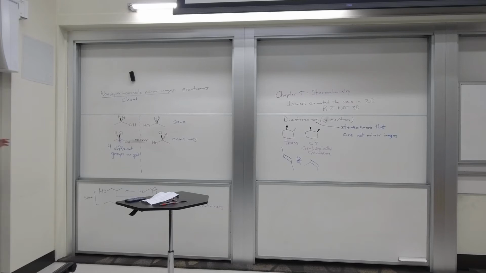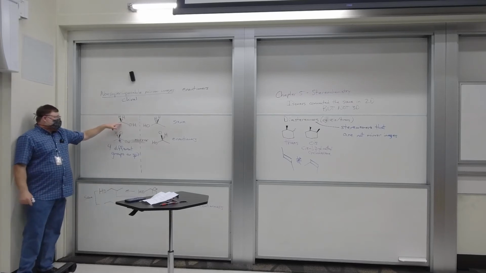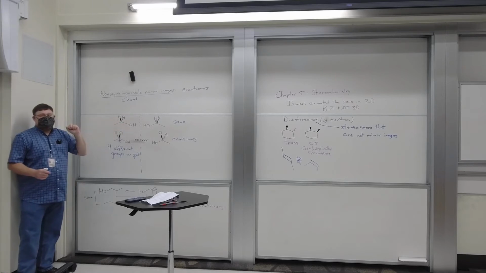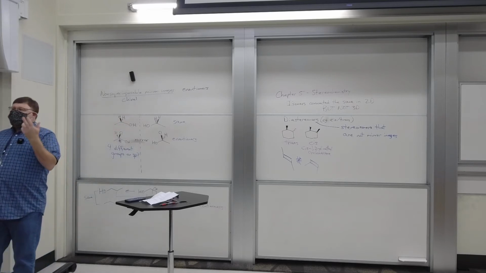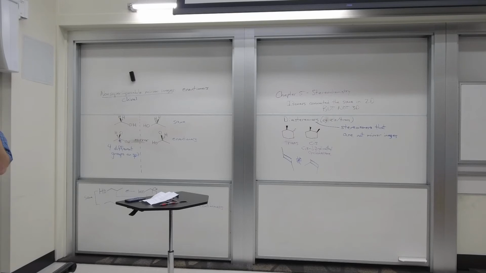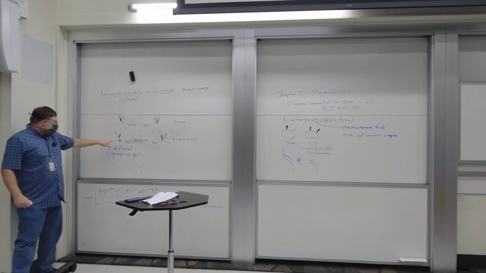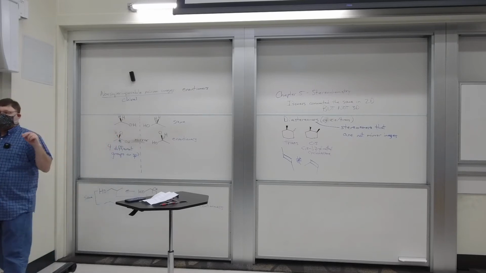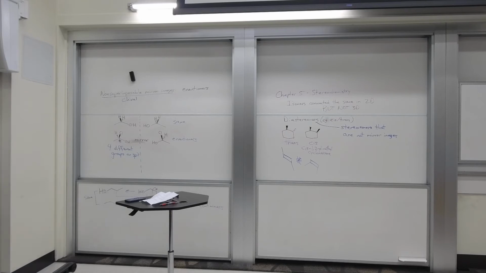What I mean here, like the same carbon in ethanol has 4 things attached to it, right? It's got a methyl, an OH, and 2 H's. The 2 H's are the same. They're different H's, but they're the same thing. They're both hydrogen. The carbon here, the change, now we have an OH, a methyl, a chlorine, and an H. 4 chemically different groups attached